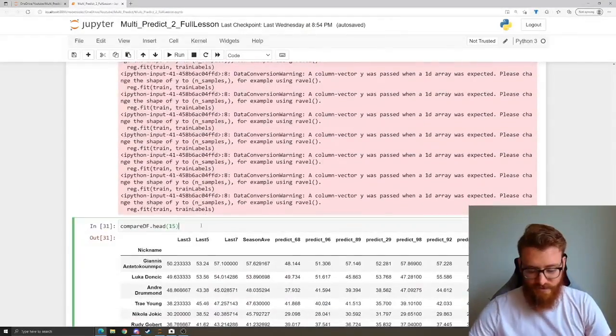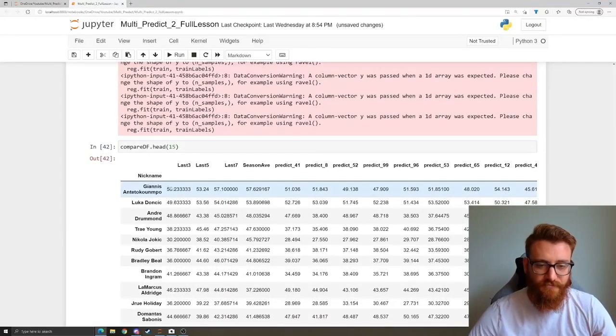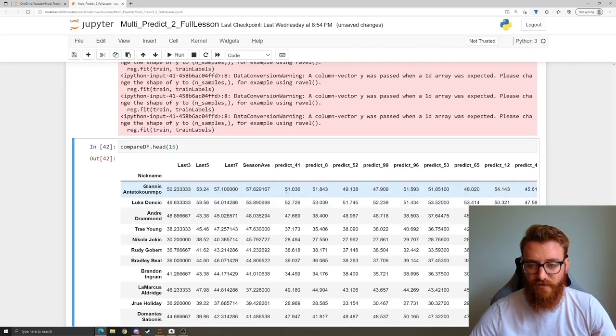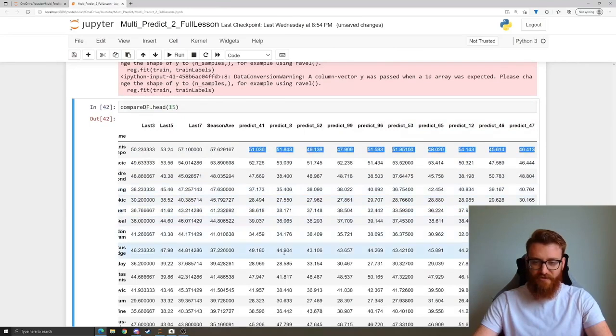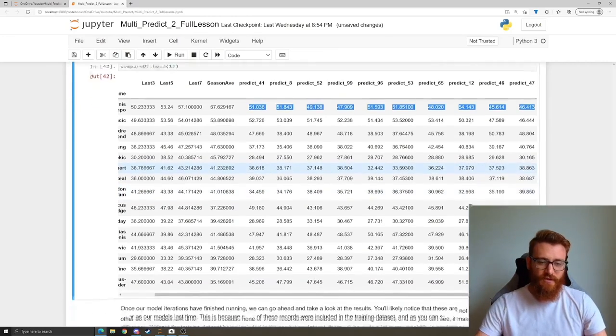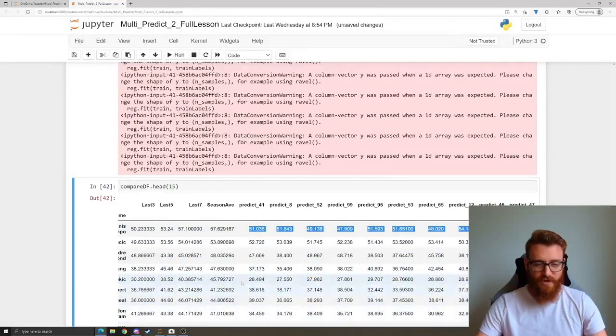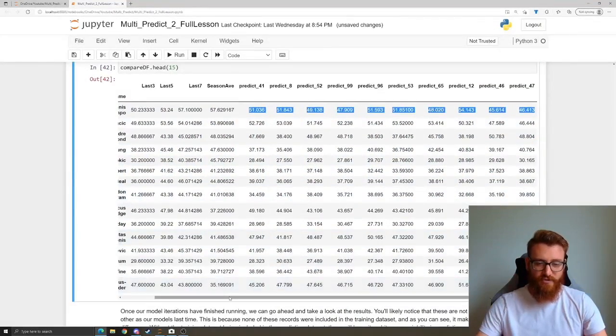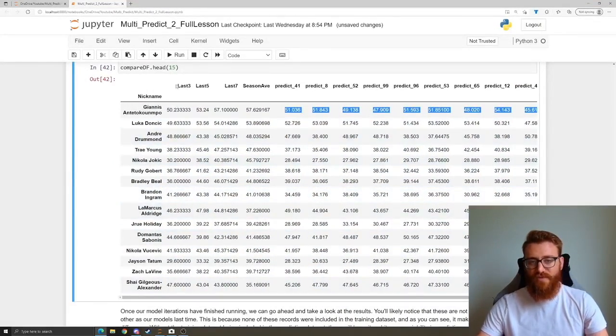So now that's done, let's take a look. Now we can see we have last 3, 5, 7 season average, and then the varying predictions here. The degree of variation here is going to vary based on the player and how their stats feed into it. As we've checked several times in the past, we know that this algorithm is going to overwhelmingly favor the